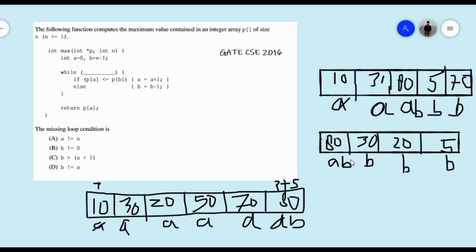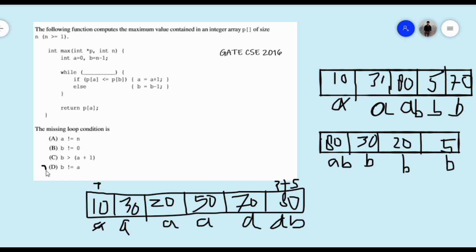So if we run this while loop till A is not equal to B, we will get the maximum element according to the given code. So what will be our correct option?